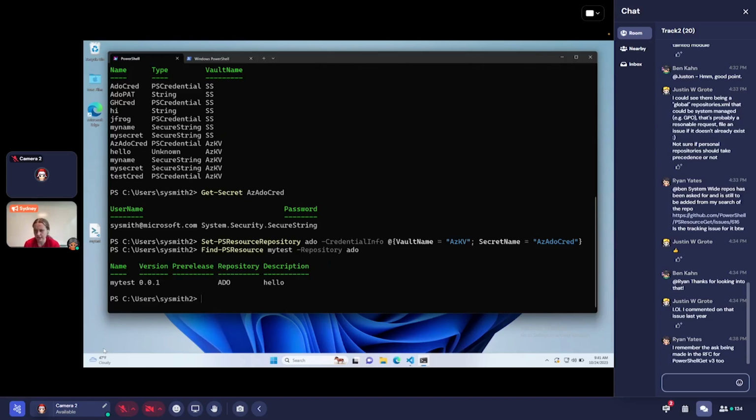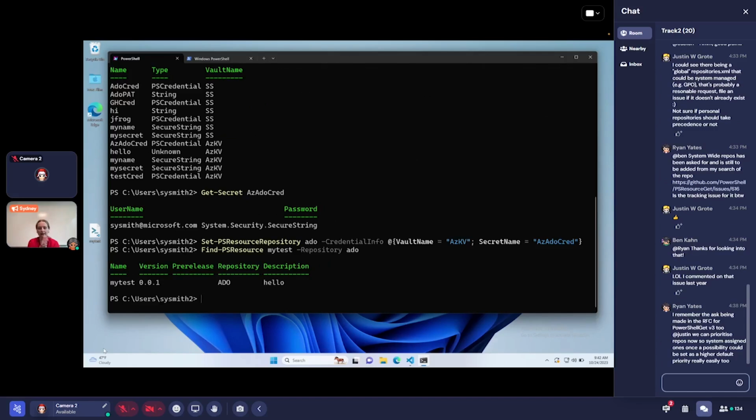One other new feature I did want to show, two other features I will show really quick, and then I'm just going to give whatever time we have for questions, so I'll be really fast. If you want to install a package to a particular location, there is a way to do that. What you're going to do is save